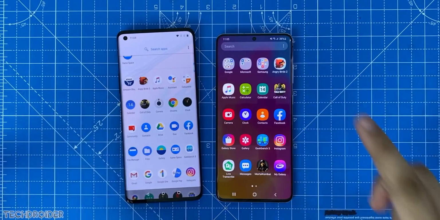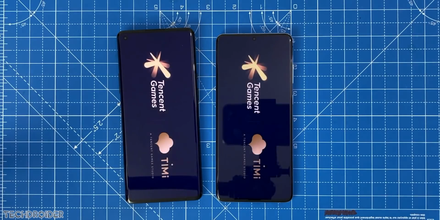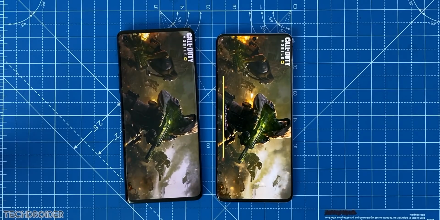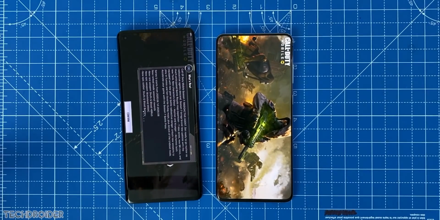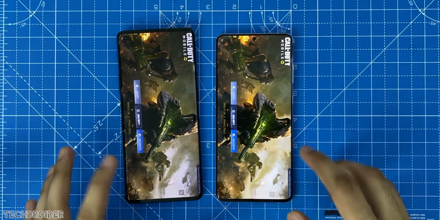Now COD. Okay guys, so you can see the OnePlus 8 Pro is again the winner here.